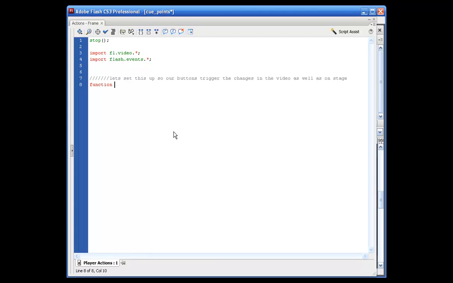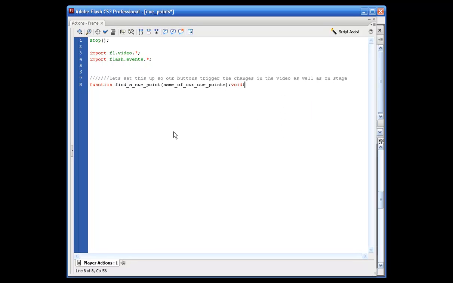I've given these longer than usual variable names to help explain what we're doing. So the first one's called find_a_q_point, and basically we're going to give a variable name to the names of our cue points. So we need to say (name_of_our_q_points):